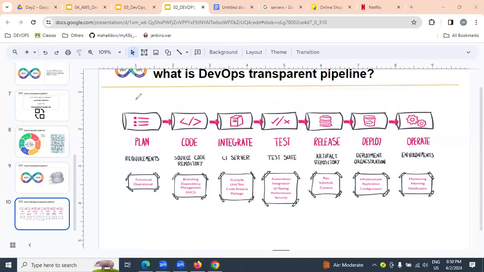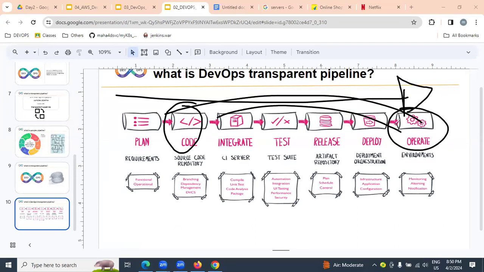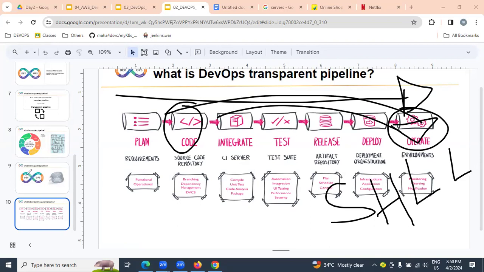Okay, so while implementing this DevOps process, which infrastructure can we use? AWS infrastructure. While implementing this DevOps automated process, we deploy our application from the dev environment to operation. While delivering our working software from dev to operation, we make sure we deliver working software in the shortest time, with high quality, low cost, and low failure rate. That is nothing but DevOps.